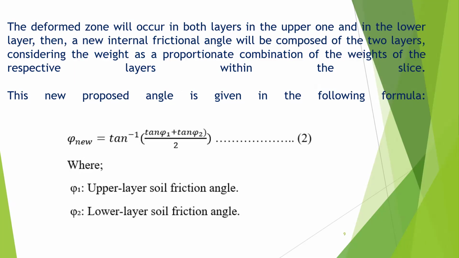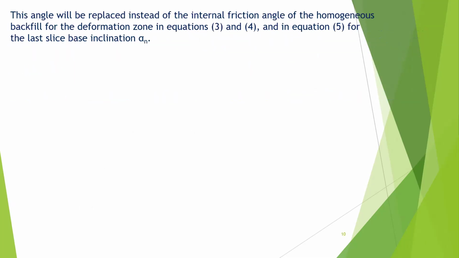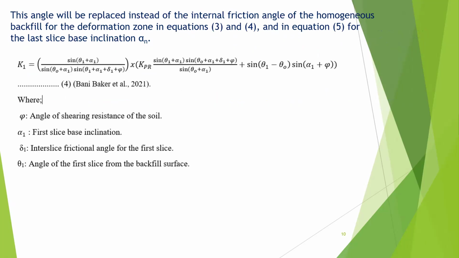While phi1 is the upper layer soil friction angle and phi2 is the lower layer soil friction angle, this angle will be replaced instead of the internal friction angle of the homogeneous backfill for the deformation zone in equation 3, 4, and 5 for the last slice base inclination alpha n, which is represented by this formula,